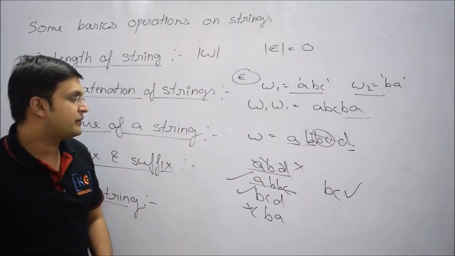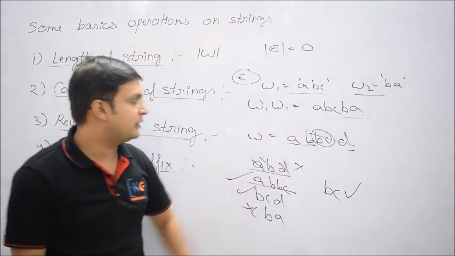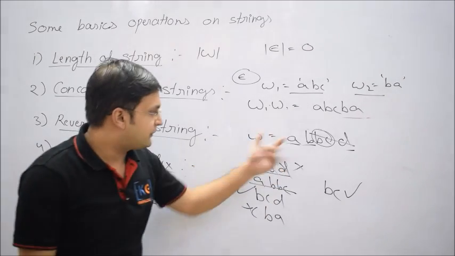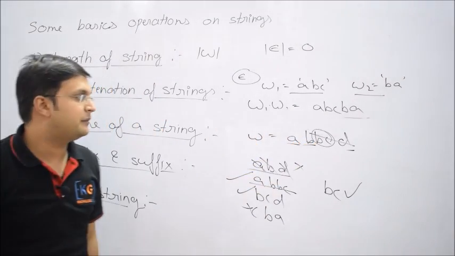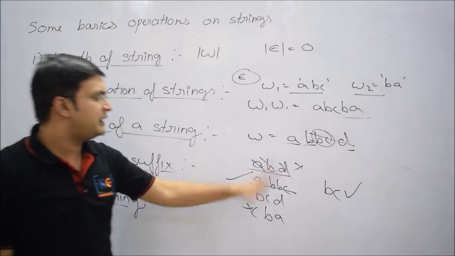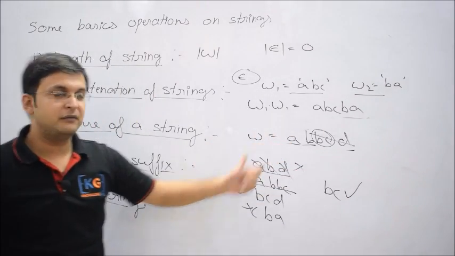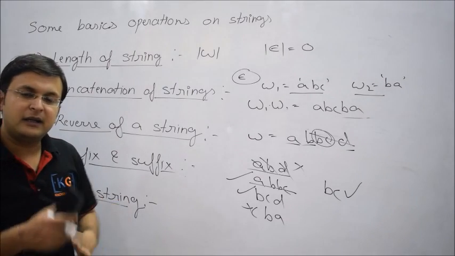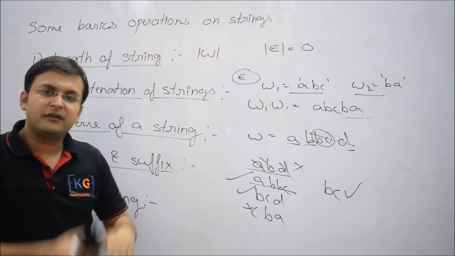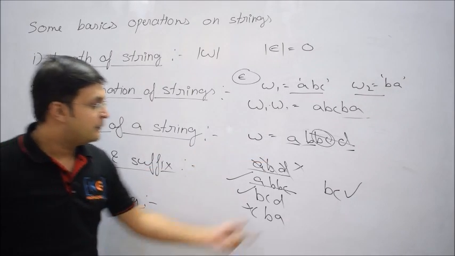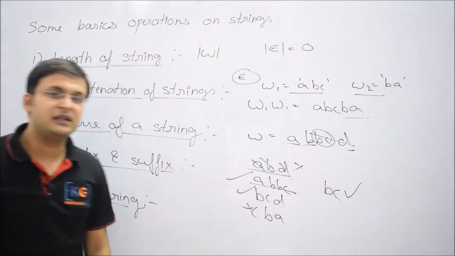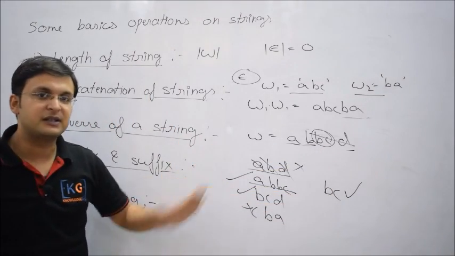So you understand that for a string, a substring is a contiguous sequence of symbols. It is certainly not required to be at the start or at the end, but it must be consecutive. If you are a prefix or suffix, you are also a substring. But every substring like this BC is not required to be a prefix or suffix.